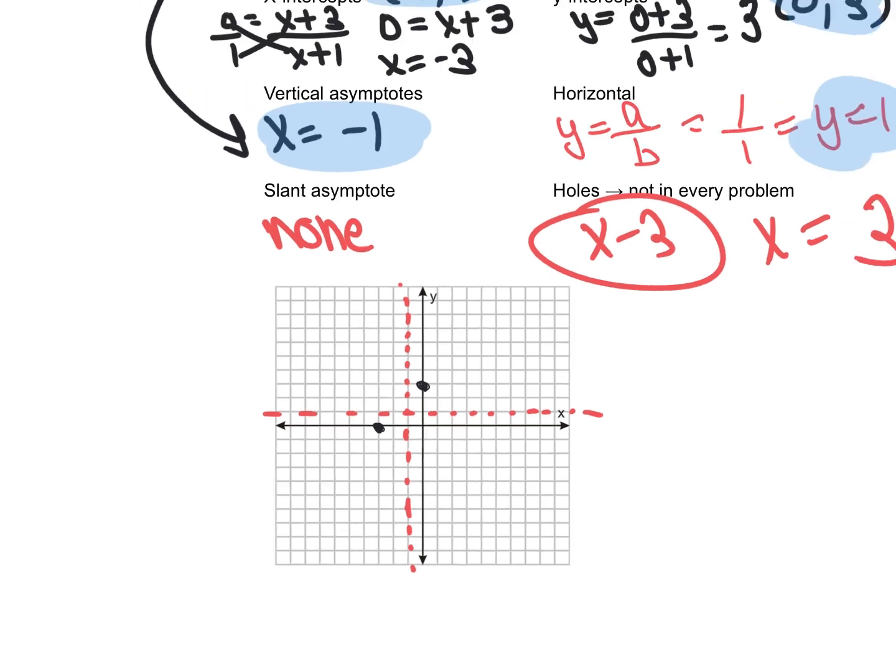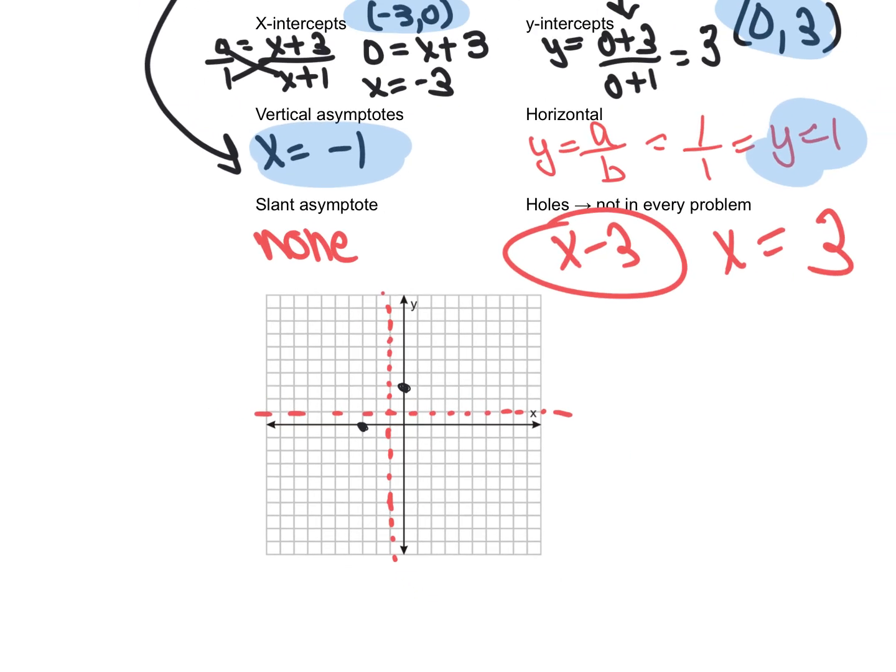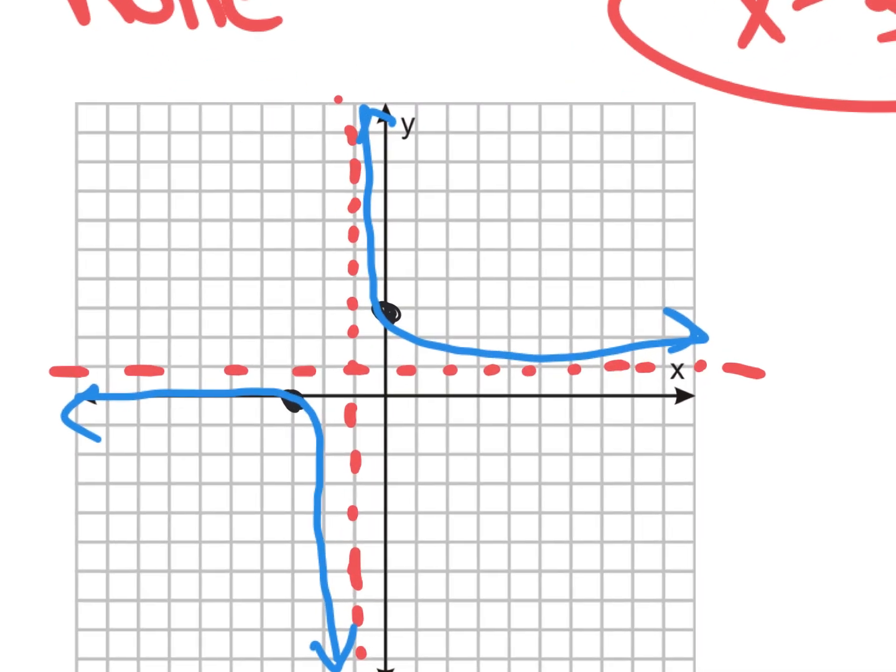If you need to look at a graphing calculator or something to help you to know where the branches are, however, these x and y intercepts should probably help us. But if you need to use your graphing calculator, feel free. And we are going to use a different color here. Go like this, and we hit our x-intercept, and then we hit our y-intercept here. And then we can't forget that we have a hole, remember, at positive 3. So at positive 3, 1, 2, 3, on our graph, we're going to have a hole,